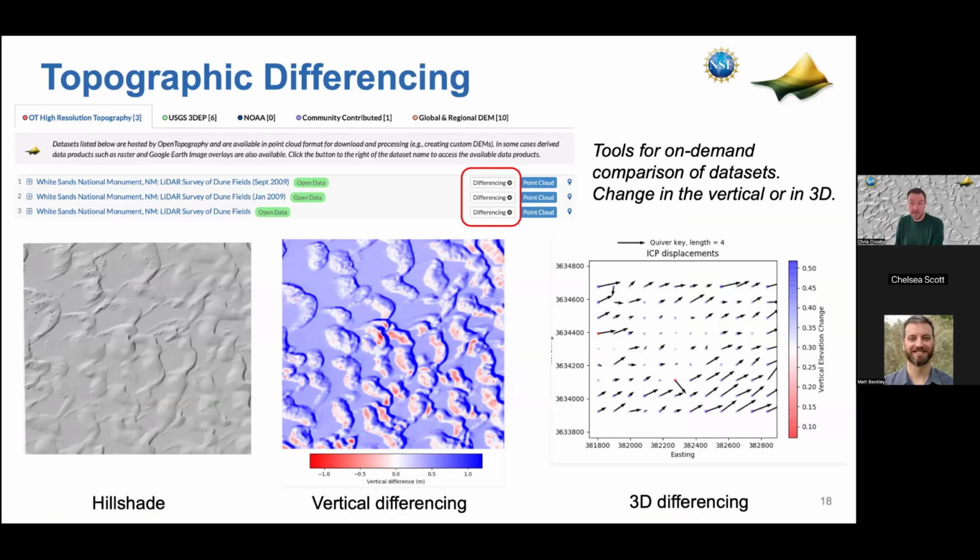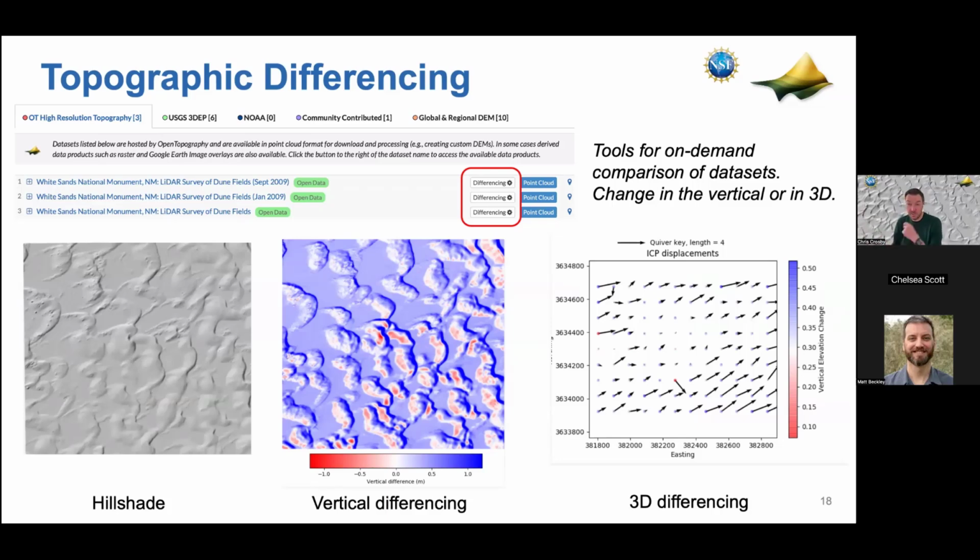These sand dunes are super dynamic and moving very quickly. So you can actually take two time steps of data, compare them, and you can see how much the dune had migrated. In this case, the dunes go from southwest to northeast. And the color blue is accumulation of new sand, so the wind's driving the sand to the northeast, and red is sort of the scouring removal of sand. So it's the dune field marching northeast.